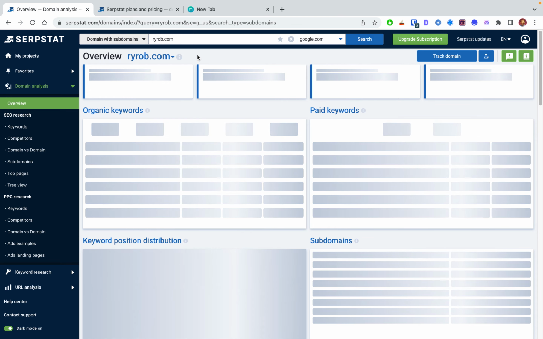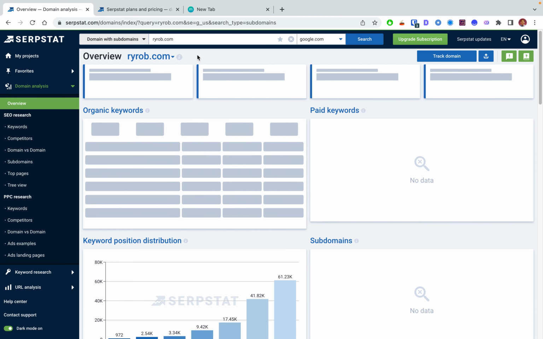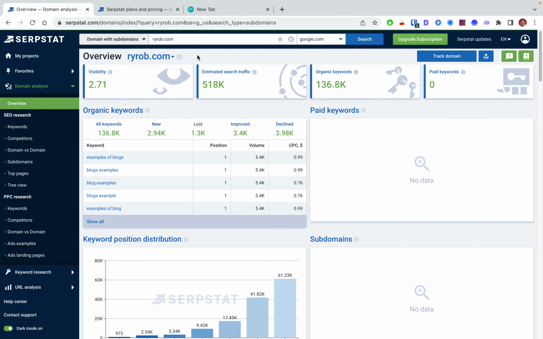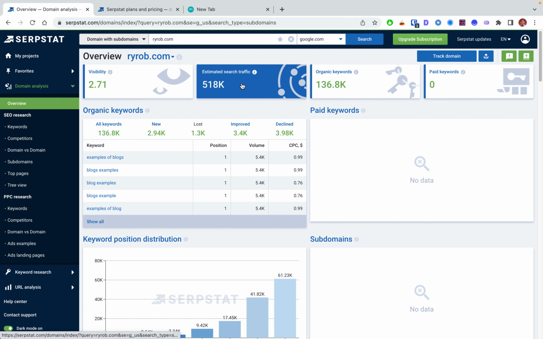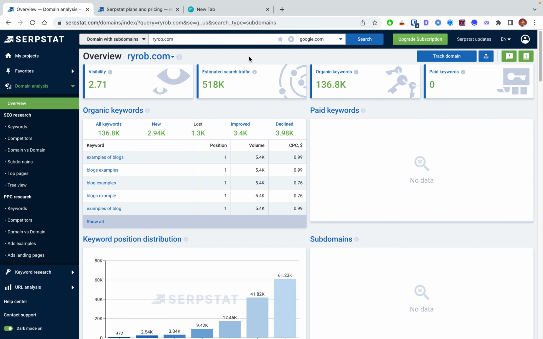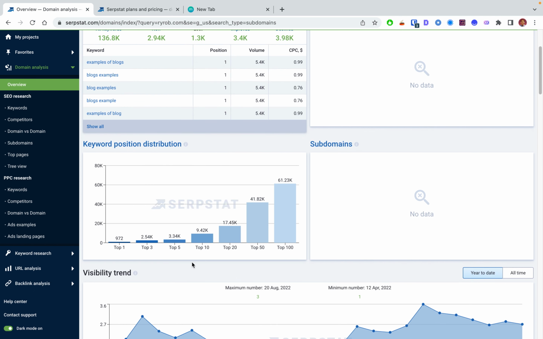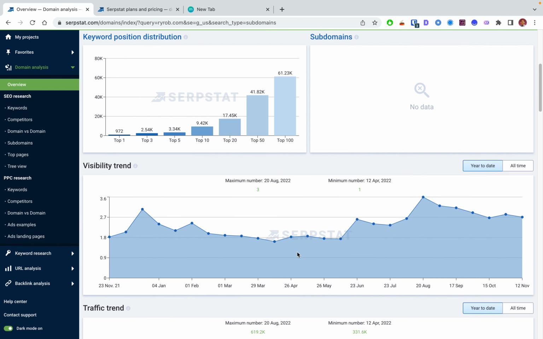It'll give you a directionally accurate idea of how much traffic this particular person gets, what pages this blog is ranking for. So as you can see, it says 500,000 traffic, which is actually pretty accurate, because if you see his side income reports, it's just around this figure. And it shows you all of the keywords. And again, you can go in here, do that exact same stuff that I showed you in keyword research. Look at all of the keywords it's ranking for. Look at their keyword position,